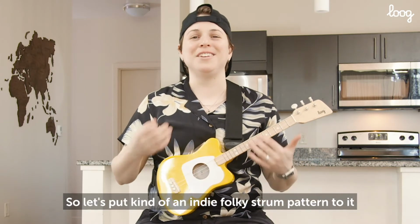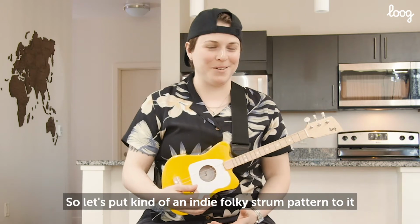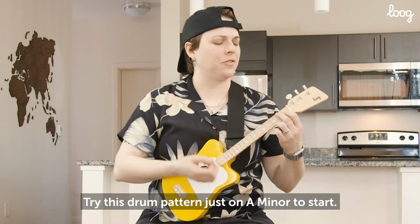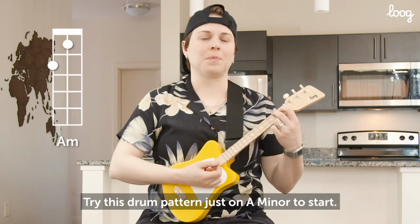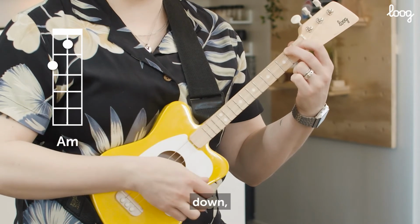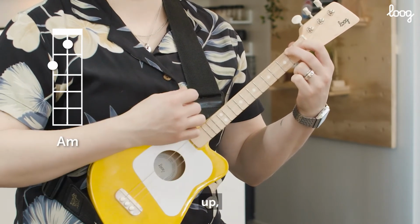So let's put kind of an indie folky strum pattern to it, and I'll show you how many times to play each chord. Let's try the strum pattern just on A minor to start. It's going to be like this. Down, down, down, up,